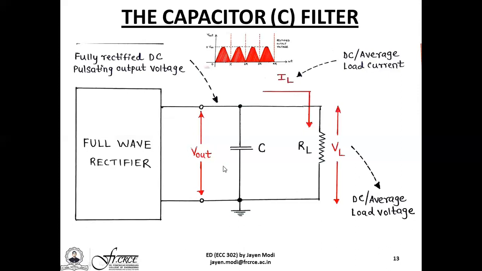So the capacitor will quickly charge to Vm. Now, as the output voltage decreases, C cannot hold the charge. And also, it cannot discharge through the diodes because from pi by 2 to pi, the diodes are now turning off, since the voltage is decreasing. However, due to this closed loop, the capacitor finds an alternate path to discharge through the load RL. So when C was fully charged, it will try to discharge through RL. But before C discharges through RL completely, the second half cycle comes and charges the capacitor back. This entire operation can be graphically shown by the following diagram.